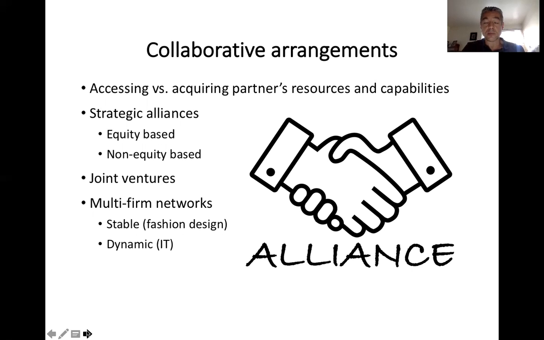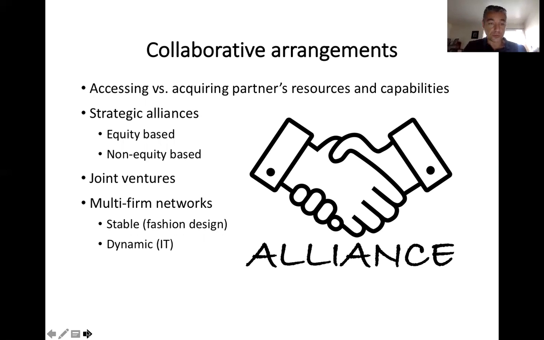So the Japanese car manufacturers, Toyota specifically, historically have been very strong in building those non-equity based alliances. They would ask you to make a transaction specific investment, which ordinarily you would be very hesitant to make because this gives them power over you, right? They can reduce the price they're going to pay for your outputs, and you will have nowhere else to go, so you'd have to accept that lower payment. So Toyota believes in looking after the interests of all the parties involved. So it engages in those non-equity based alliances, and they have done wonders.